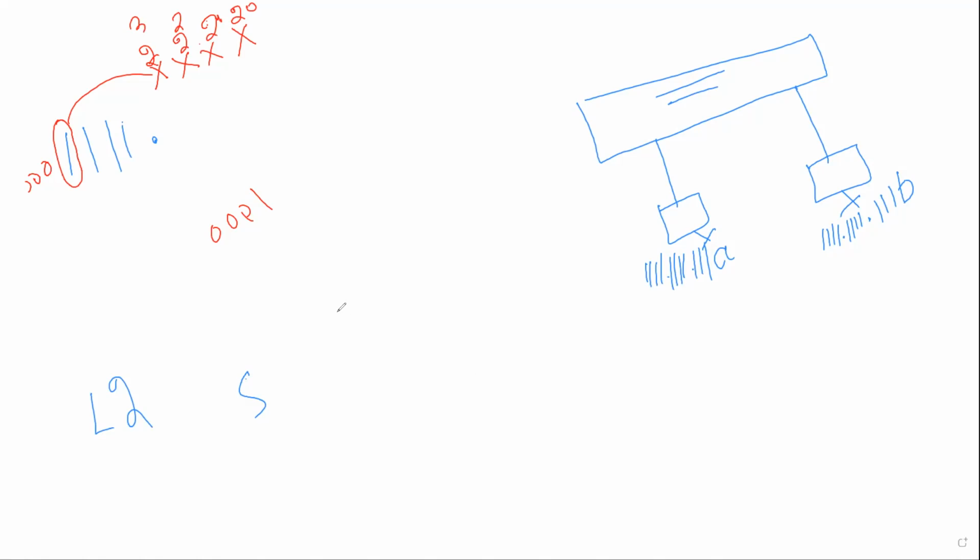Let's say here 1, 1, 1, 1, this is 4 hexa. This is 1 hexa.